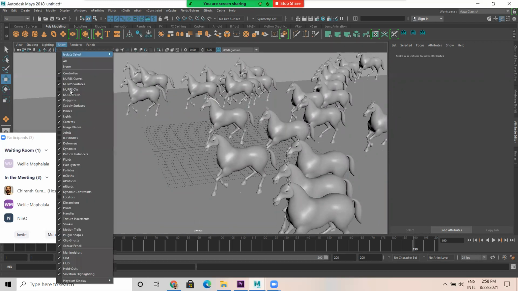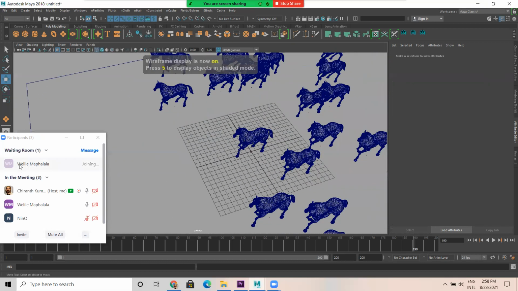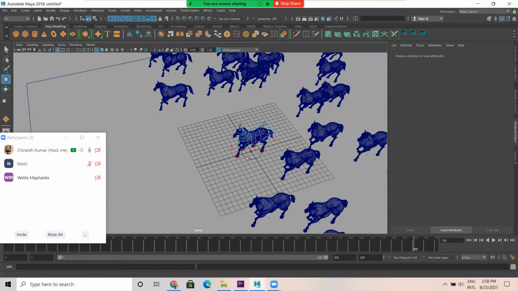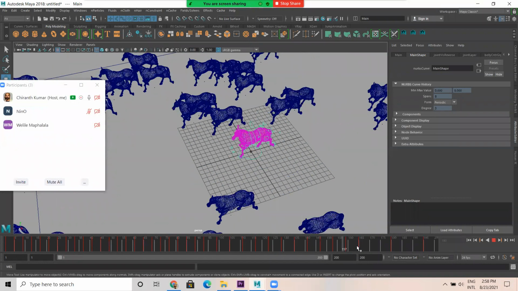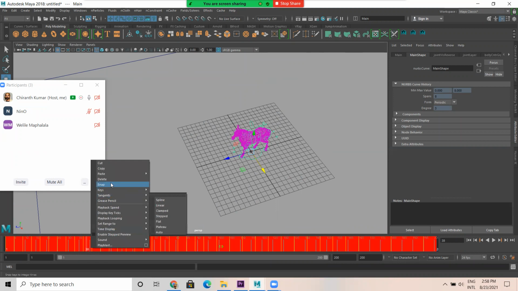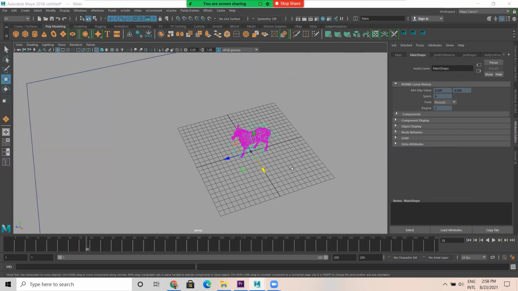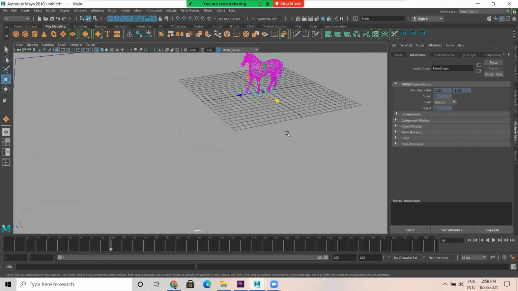Now I'll go to show NURBS curves. I'm going to select this and delete.